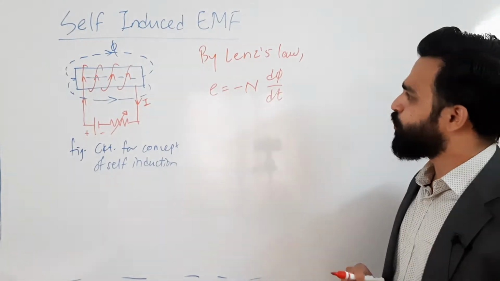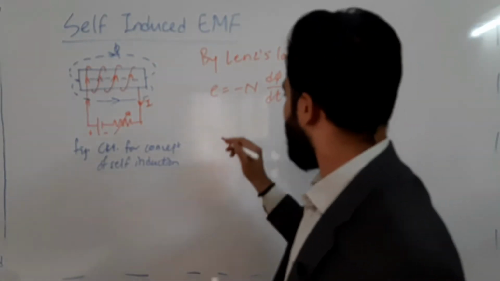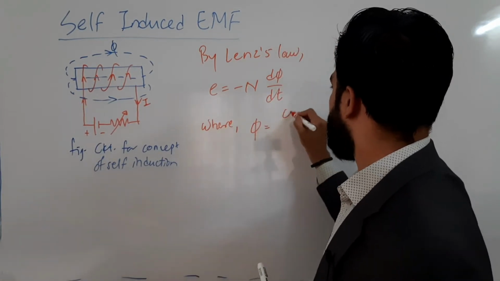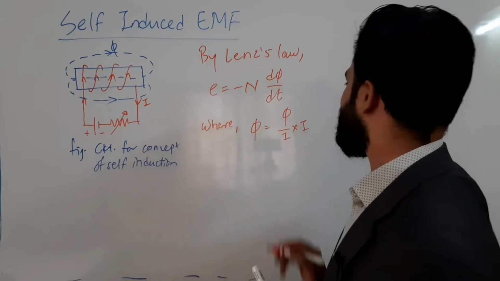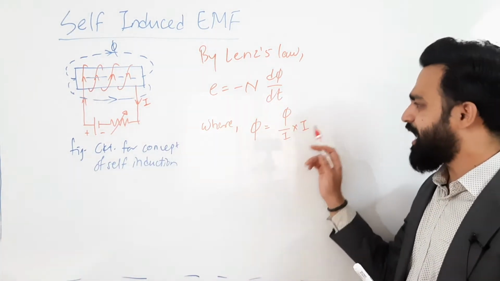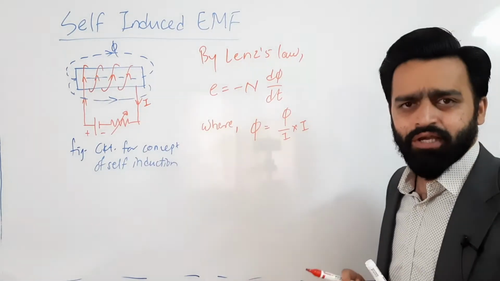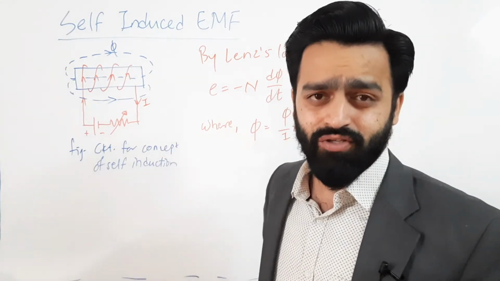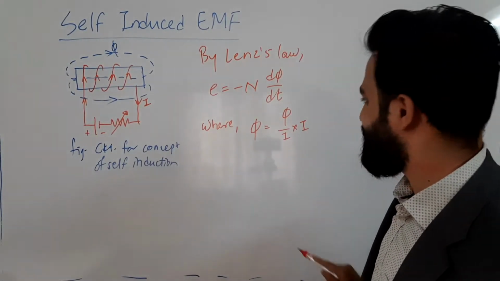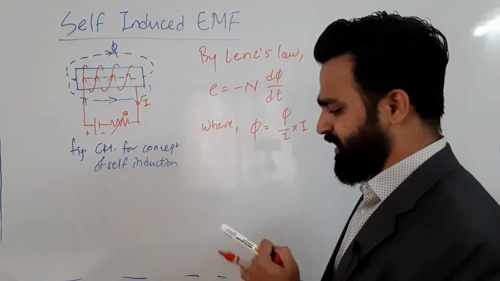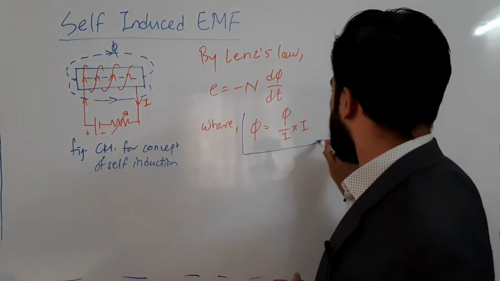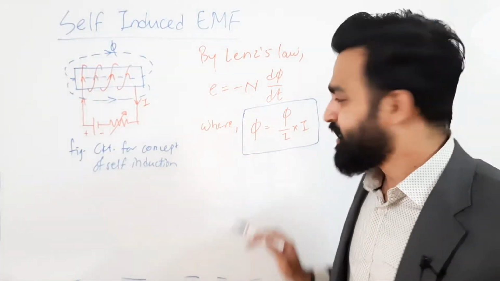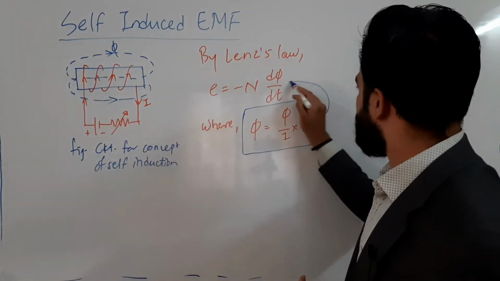Now what I am going to do over here is write phi is equal to phi by I into I. I am doing this adjustment, making sure that the term I gets included in this derivation, because variation of current is what is responsible for EMF induction. So somehow we need this term I for further deriving the equation. This is a very important adjustment. Phi is equal to phi by I into I, that is nothing but phi is equal to phi because I is going to get cancelled. So I am considering this and I am going to substitute this equation in this now.